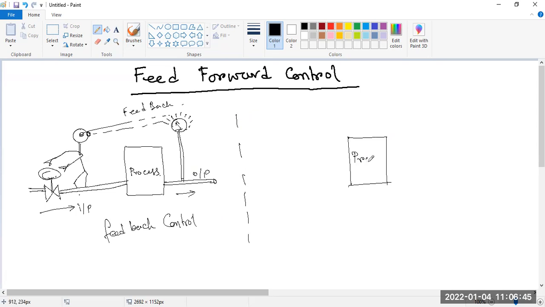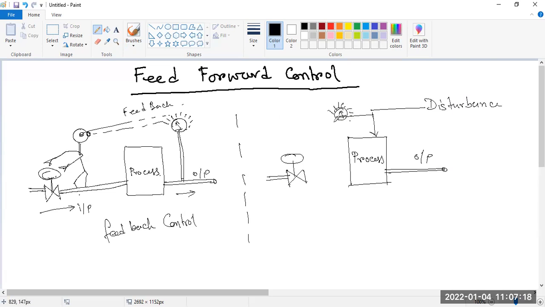But here you can see, in the same way, if this is a process, some disturbance is coming, and this is the output. It is measuring only the disturbance, not the process output. Or maybe some graphical representation is there. So this operator,